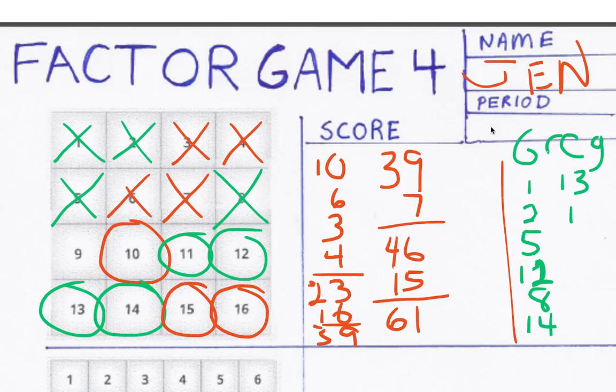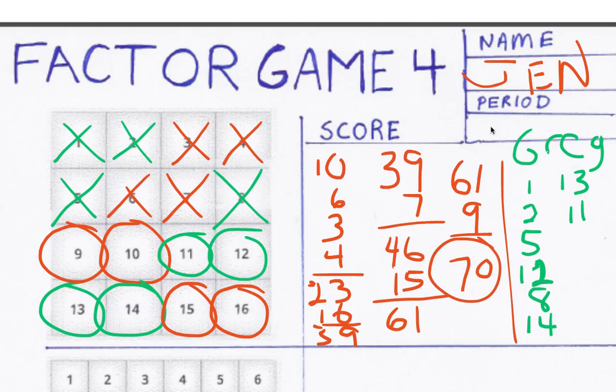And then Jen gets the last one, and since Greg didn't give her any factors, then if there was another one, she would have got that. So if your opponent doesn't give you any factors, you get 2 numbers. So the score ended up being 70, and when you add up Greg's